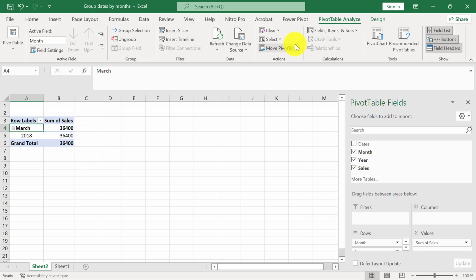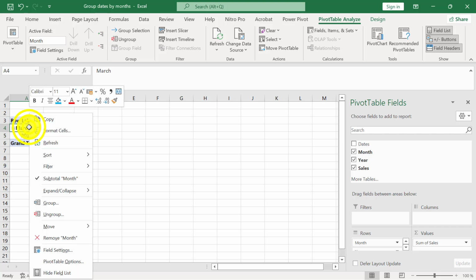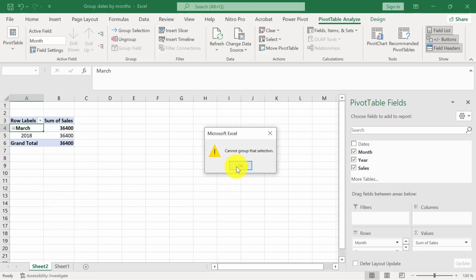So what you need to do is go to the level of the pivot table, bring out your data, and then right click on your pivot table, and you will see the group option. From group,